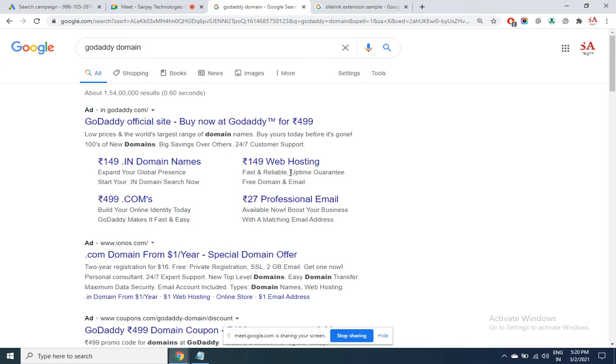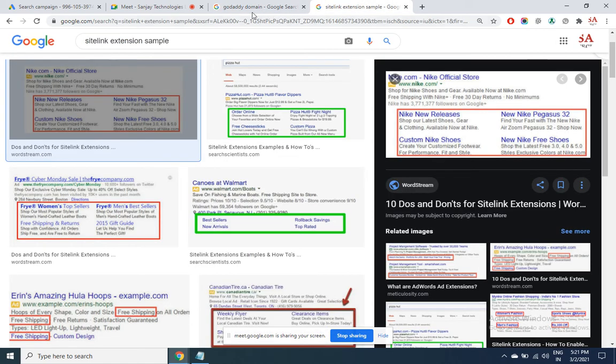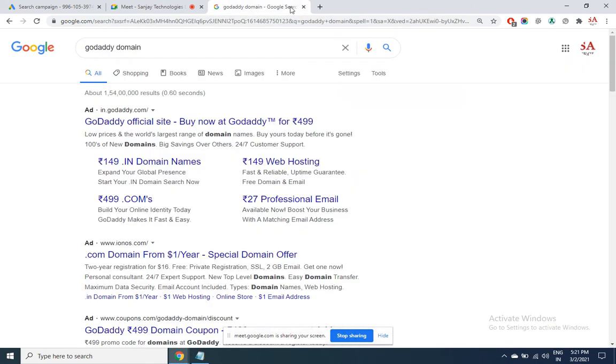We may be using all 8 extensions. Sometimes Google will display only one extension, sometimes 2, sometimes 3, sometimes 5, sometimes 8, depending upon the space available, the number of results, and the ad click activity of the user who is searching. There are so many things that they check, but there's no harm in using it. Don't miss even a single extension, use all of them. So let us see how to add the extension.